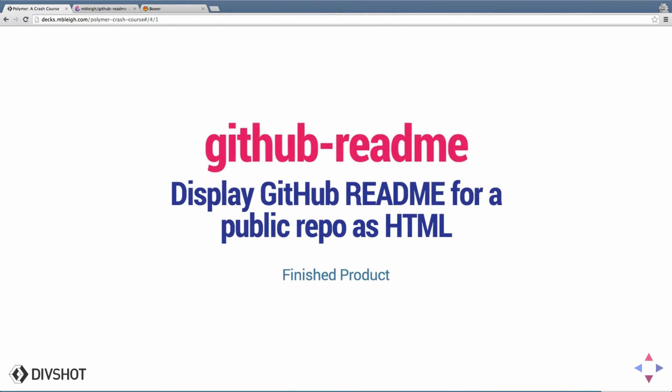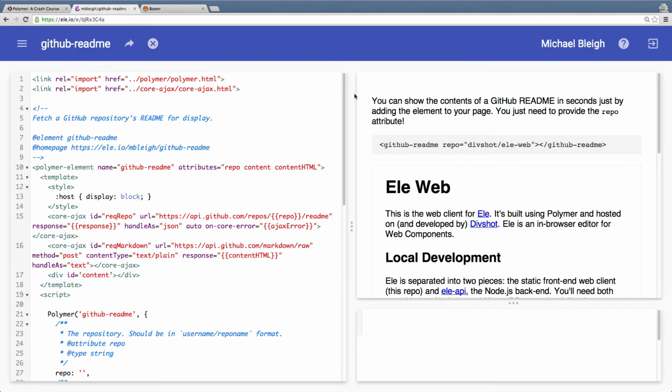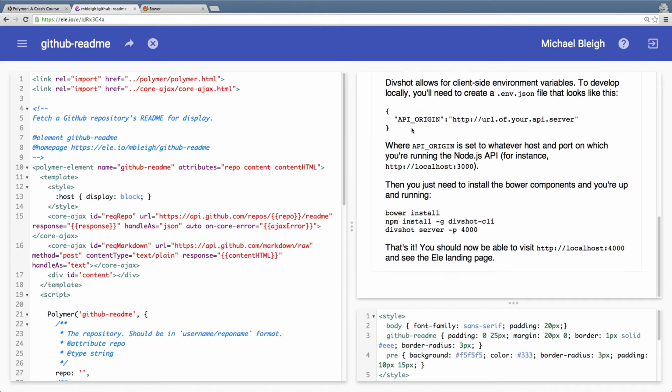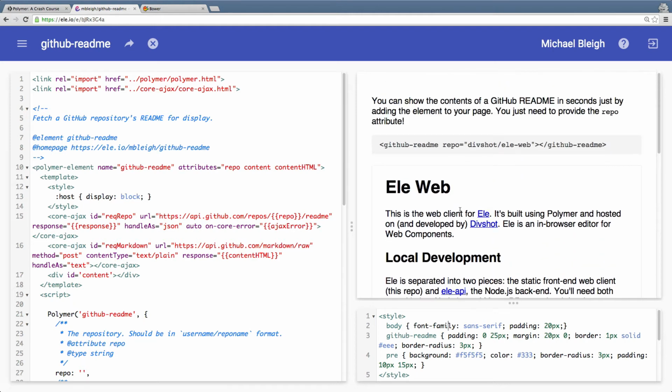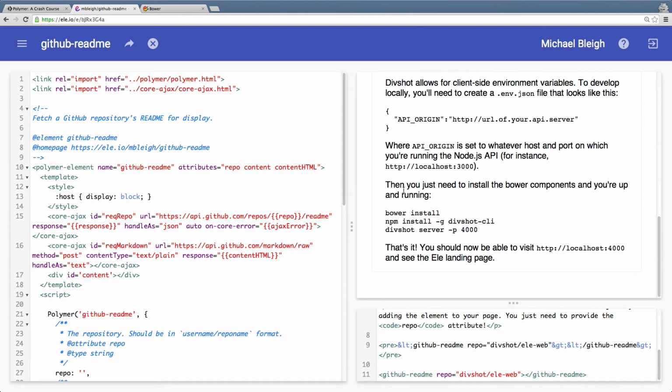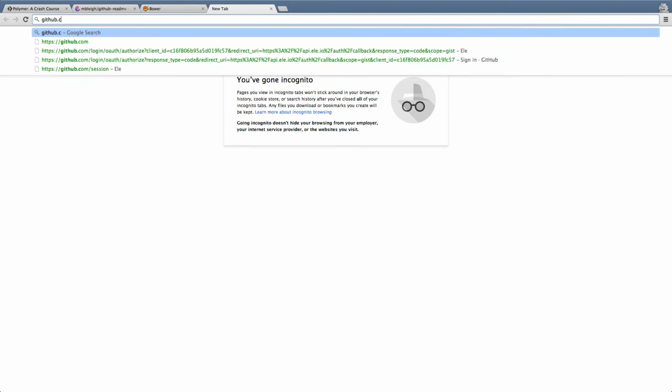So the first thing that we're going to look at is GitHub Readme. This is a custom element that fetches a README from a GitHub repo, renders the markdown, and then displays that as HTML in the page. Looking here at the finished demo, there it is. This is the code here, and I actually pointed this at the ele repository because ele's open source. So this right here is the README. If you go to github.com/